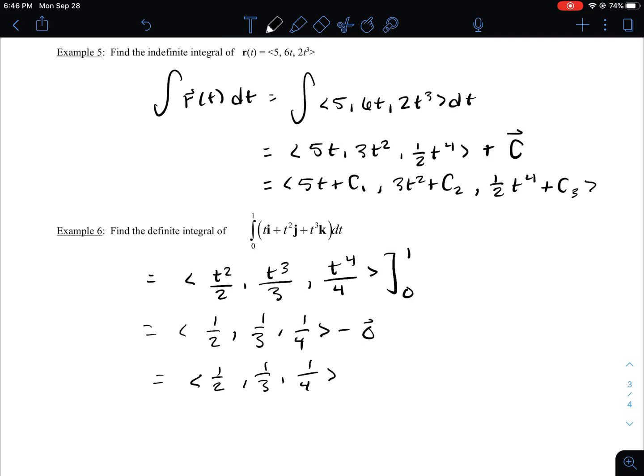Okay. All right, more examples in class, but welcome back to calculus. Hopefully that wasn't too traumatic, but derivatives and integrals, we're ready